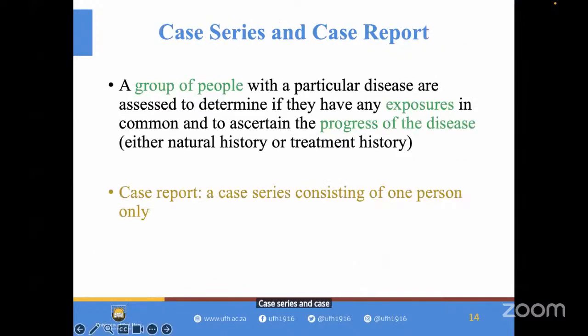And case reports, which is descriptive part of EPI study design. Case series is dealing with a group of people with a particular disease, and they are assessed to determine if they have any kind of exposure in common to ascertain the progress of a disease. For instance, I will use an example of a group of people, like 5 persons who have one